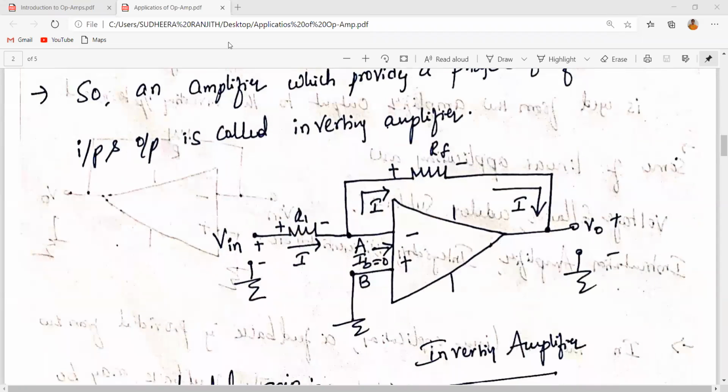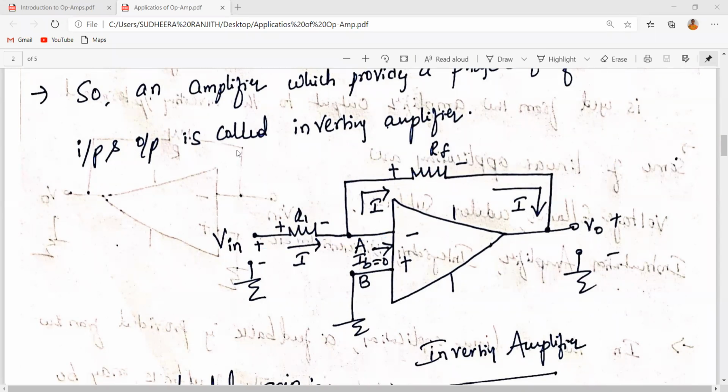So this is the circuit. If you observe the circuit, here I am applying input to the inverting input of op-amp. Vin is applied to the inverting input of op-amp, and this is a linear application. That's why we are giving negative feedback, right? Here the output becomes minus of Vin. That means there will be a 180 degree phase shift between your input and output. That's why it is called inverting.